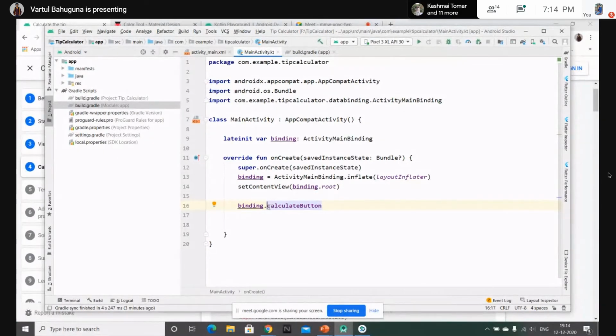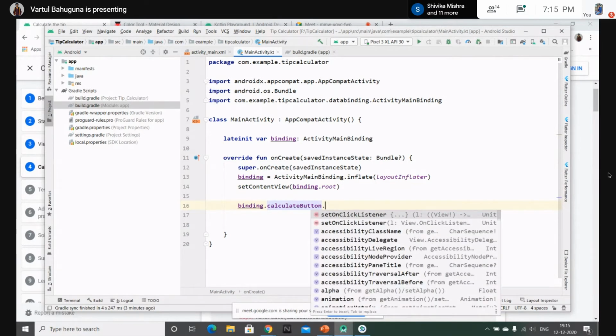That is, the first letter of the first word is small, the first letters of all the rest of the words are capital, and also the underscore is removed. And then the button has the